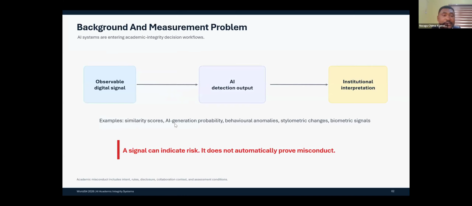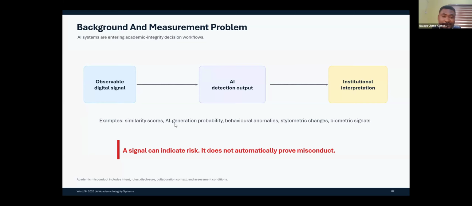So we start with the measurement problem. We are conversant that universities now use AI tools to compare student submissions. They use AI tools to estimate whether text was AI generated. They use AI tools to identify unusual exam behavior in terms of proctoring examinations. And they also use AI tools to verify students' identity. But